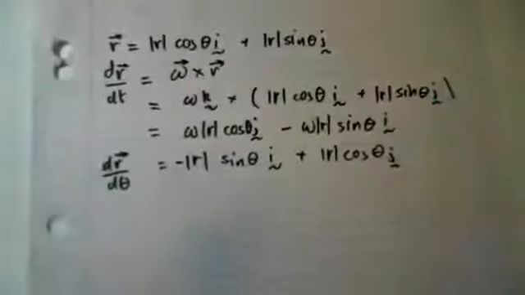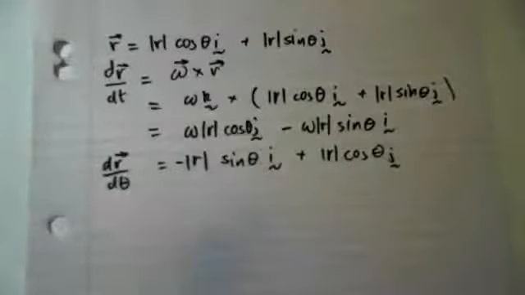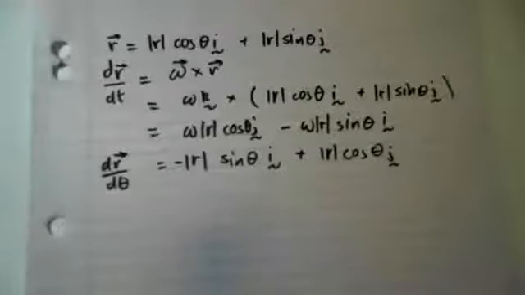Which is the same, however it's just been multiplied by this omega term, the same as what we get up here, but it's just not been multiplied by the d theta on dt term. So we can see pretty quickly that this is the case